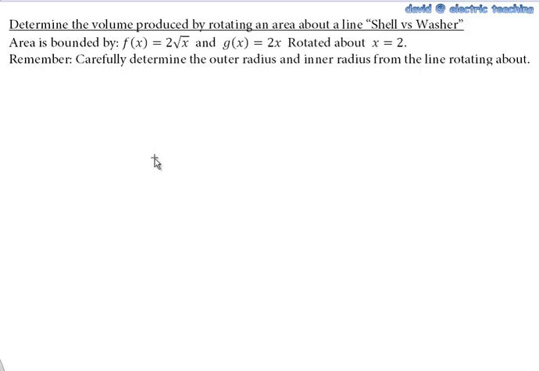Make it slightly harder than my last videos on shell versus washer. I'm going to use the area bounded by these functions, 2 root x and 2 times x, the line 2x. And we're going to rotate it this time about a vertical line, x equal 2. The last one I did was about a horizontal line. So this one should be a little bit trickier than the ones before, and I'd like again to test how